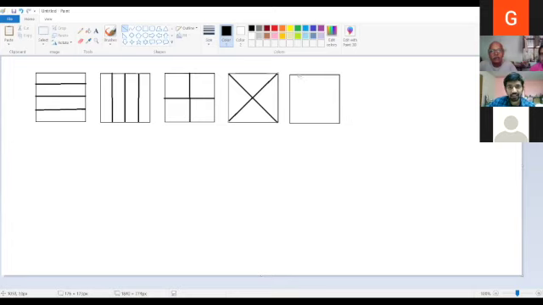But then apart from that, like Gauri ma'am showed us, you can also have this kind of a solution. Let me just draw it. Okay, so I haven't drawn very accurately, but you can see that you can divide it into four pieces like this. So this is another way of dividing the square.